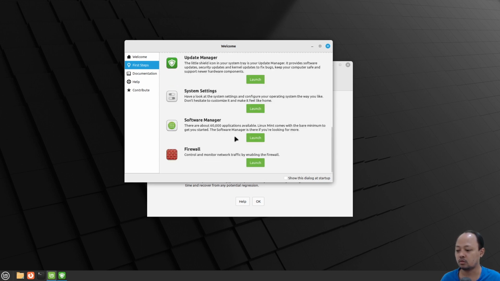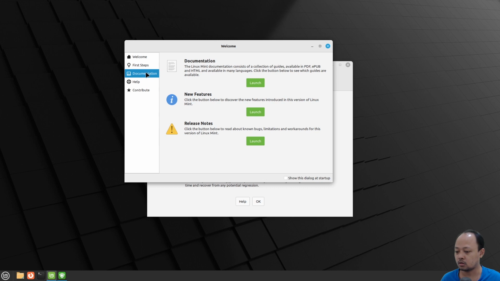I will not do any setting right now. We will do that later. Actually, after we see this first steps part, we can directly close the screen because there are no more settings we can do from here. But I want to see the menu after the first step.